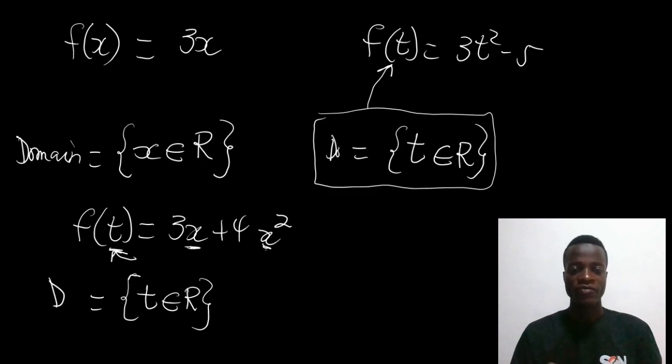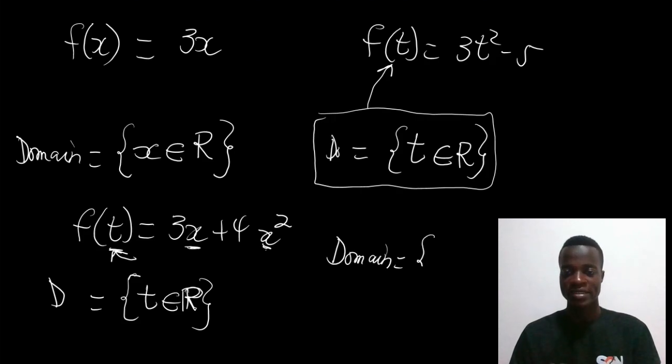So there's no division, there's no square root. This is how the function comes, so we keep it as it is, and this is basically the domain. We say that t is a member of all real numbers. Okay, so now let's write it formally. You don't just write that t is a member of all real numbers. Formally, for all these things, you have to say domain